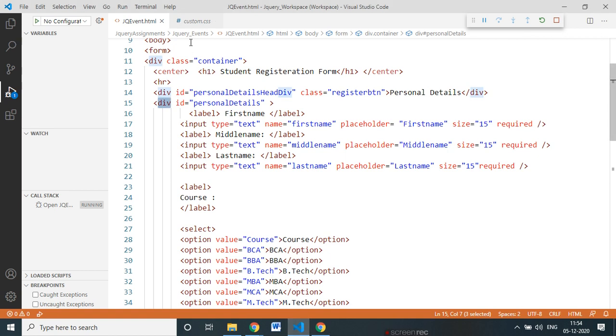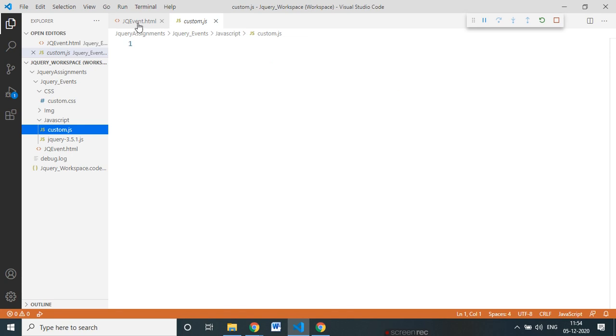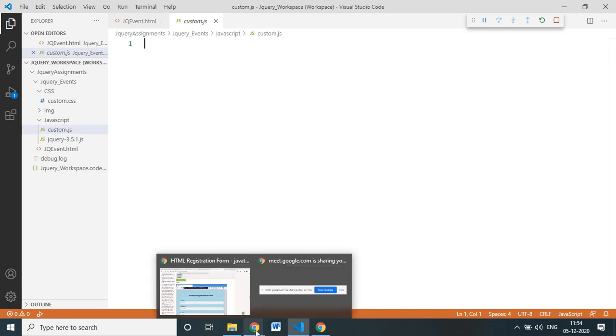Now, where will we put it? We have the custom JS file. In this JS file we are going to add our effect. For that effect I will take the reference.